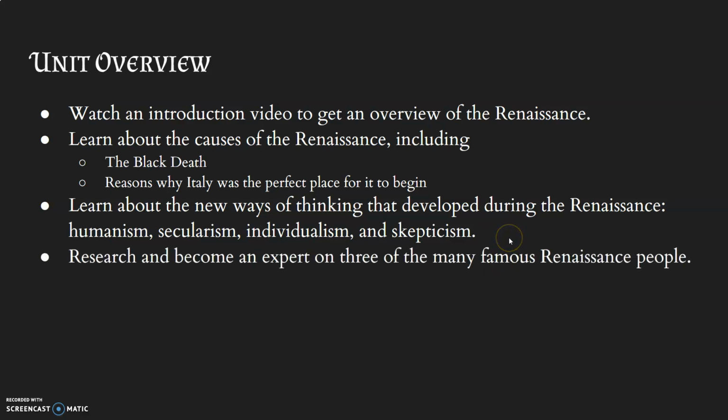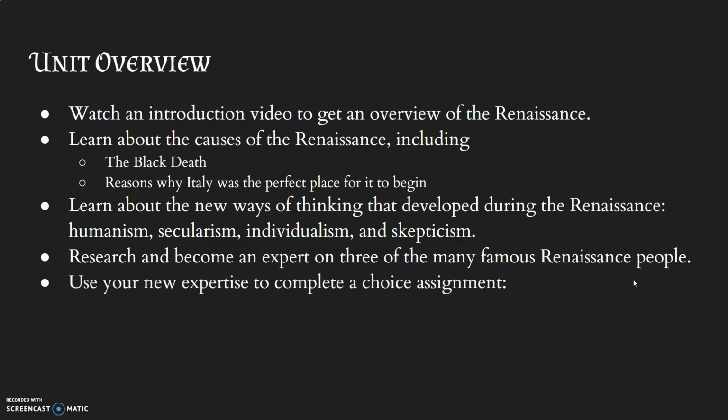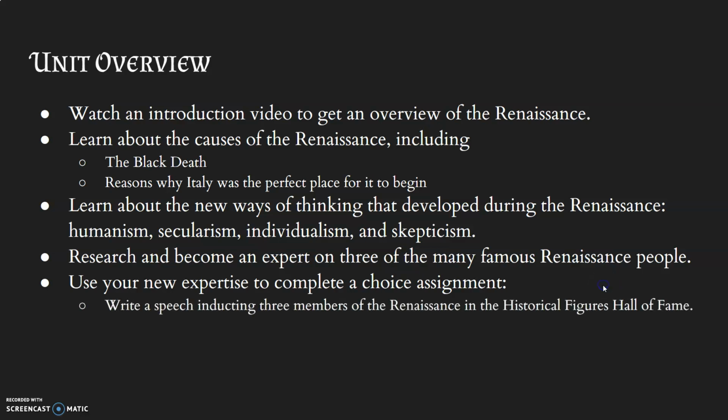After you're done learning the basics of the Renaissance, it's time for you to go out and do some research. There are so many famous Renaissance people. You're going to pick 3 of them to focus on and do some research on. Once you're an expert on those 3 people, you'll get your choice assignment. Your options will be writing a speech inducting 3 members of the Renaissance into the Historical Figures Hall of Fame, telling a story about meeting the 3 people you researched,